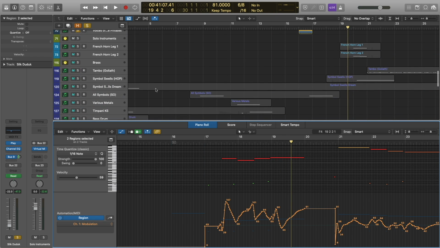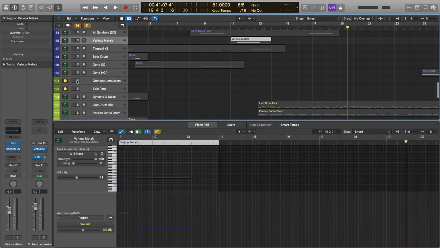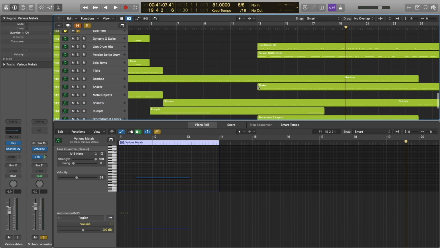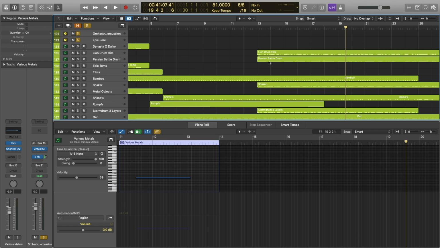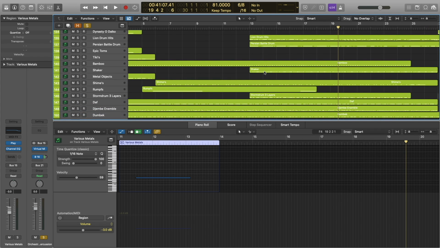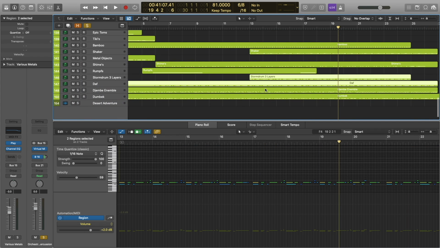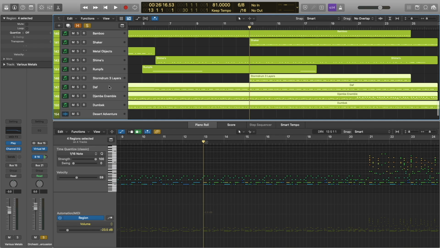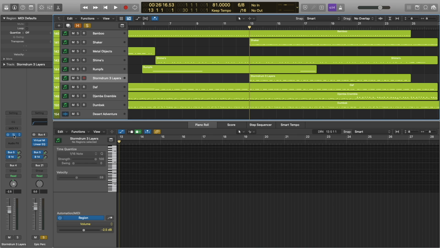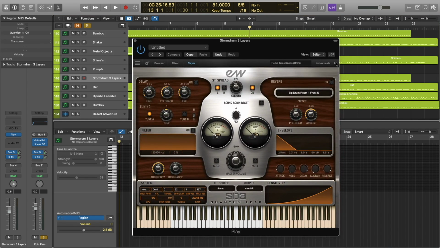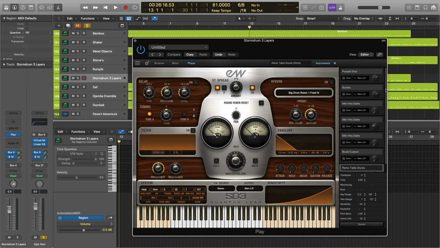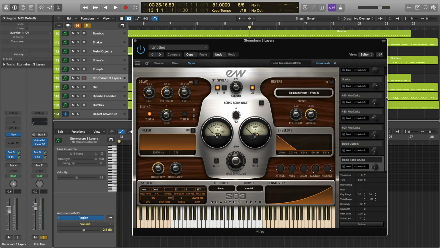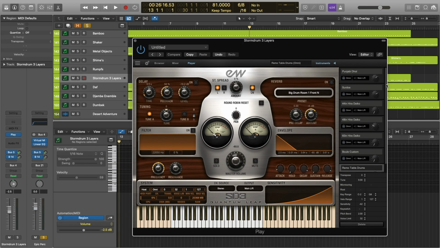Okay, and let's throw in the percussion. We've got a bit going on here. We have now added the lion drum, the Persian battle drum, the shaker. I don't think we have really changed up the rhythm in these patches from the previous phrases, but we've also added the Storm Drum 3 layers, and I'm going to go ahead and just show you all the instruments that are in this one instance of Play.